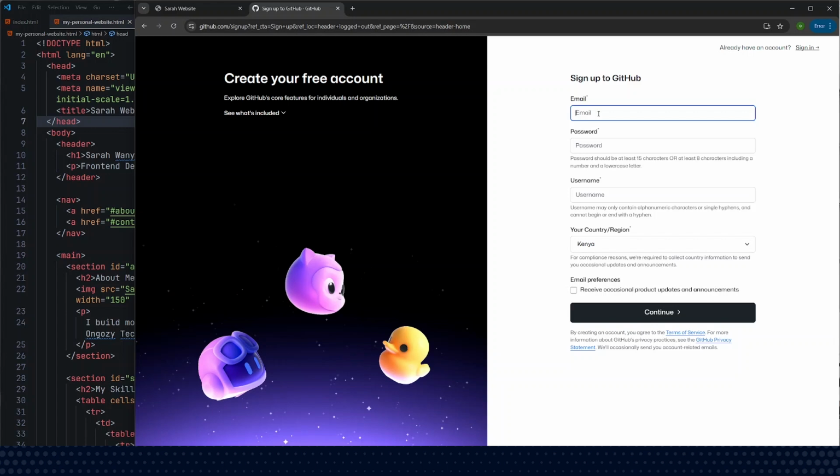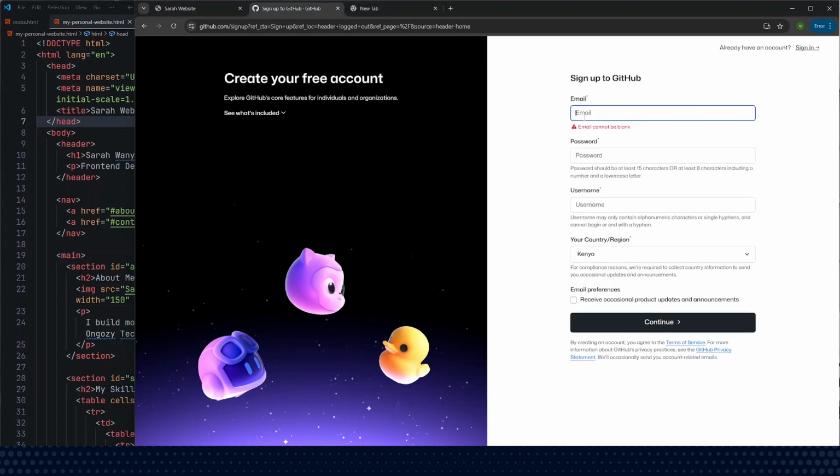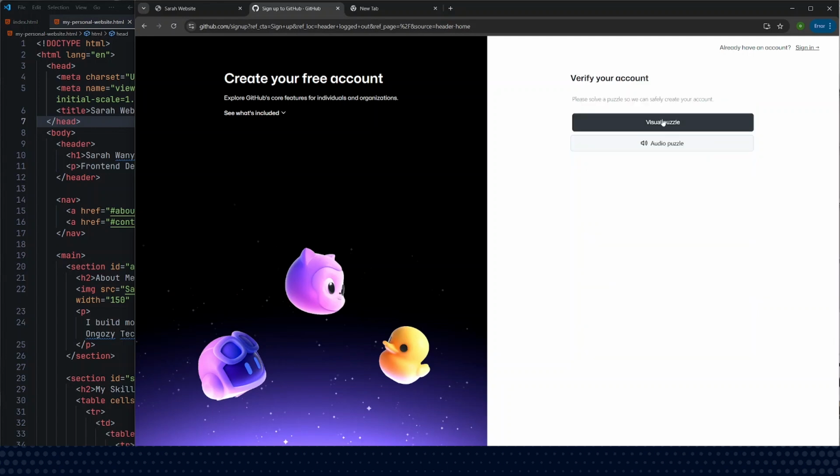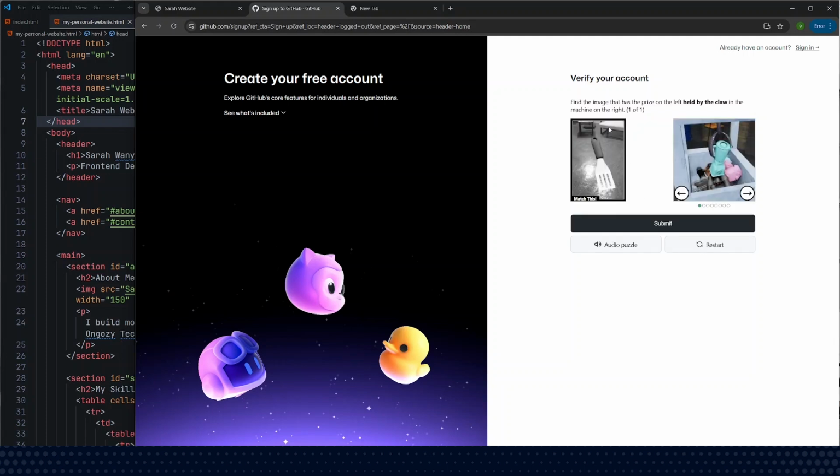I would recommend that you use official names instead of pseudonyms. Insert your email, your password, and your username. Then you can skip email preferences since they are not that important. Then click on Continue. Verify your account with the visual puzzle